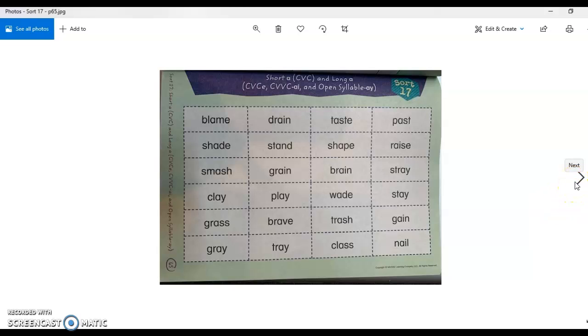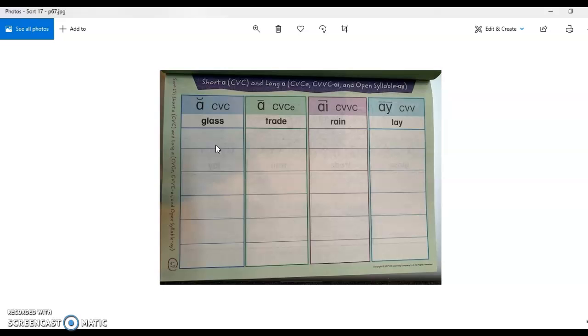Okay, so those are the words you're going to cut and sort and then paste into the 4 categories: